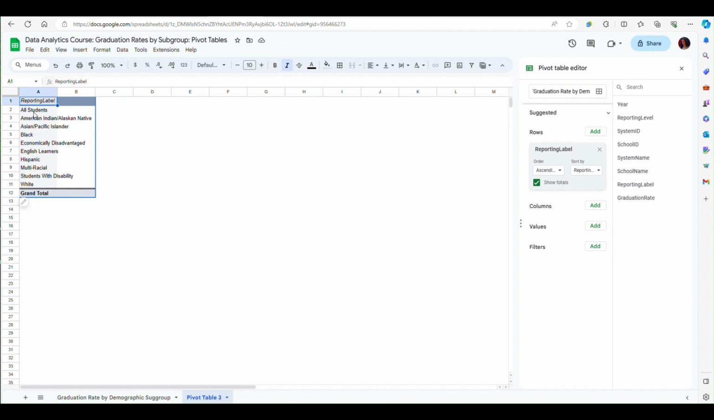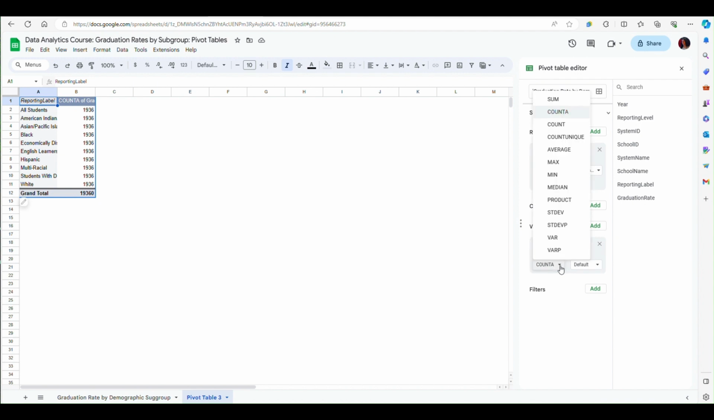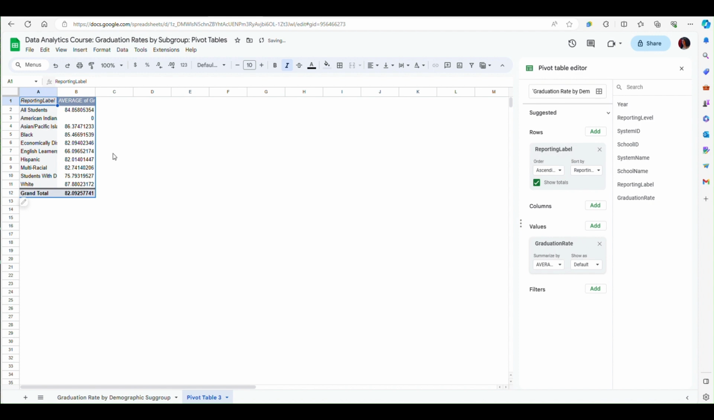And now for each of these, I want an average graduation rate. So I'm going to go to the values field here in my pivot table editor and click Add, and then click Graduation Rate. By default, Google Sheets selected a count A function, which basically shows the number of times that each one of these labels is listed in the data. This is not very helpful for me. What I want is an average, so I'm going to select the average function here,